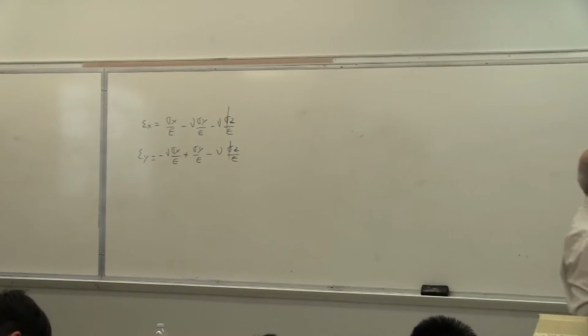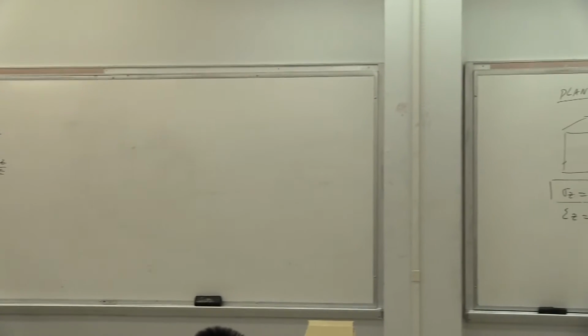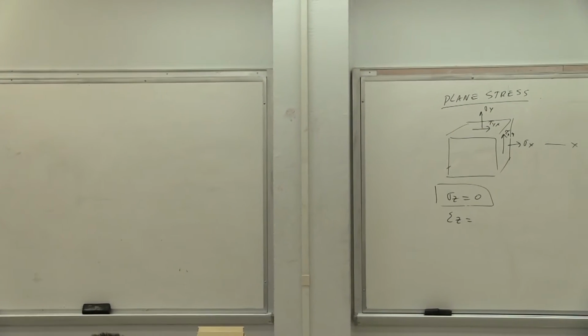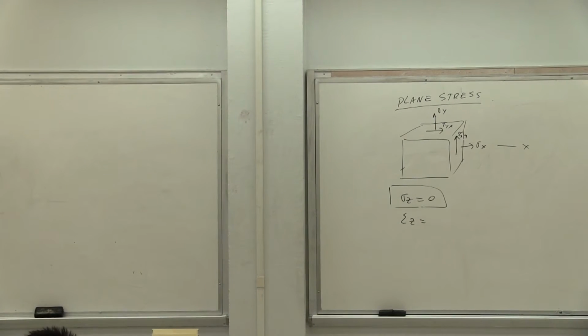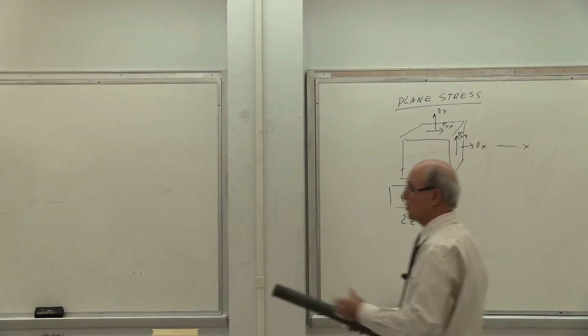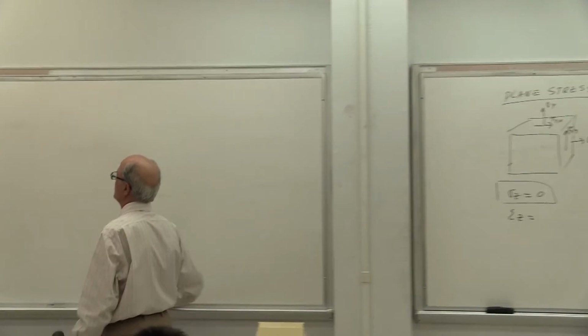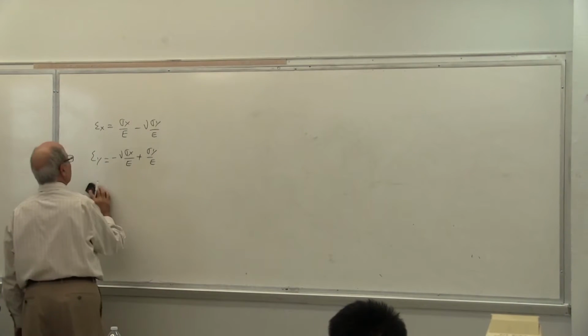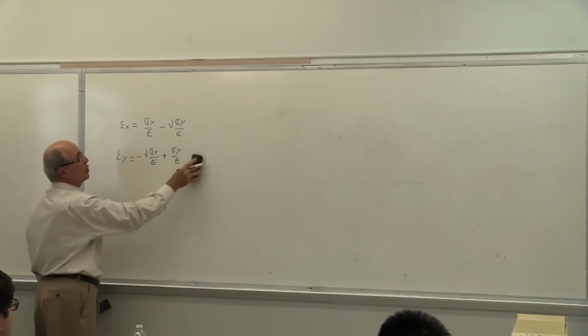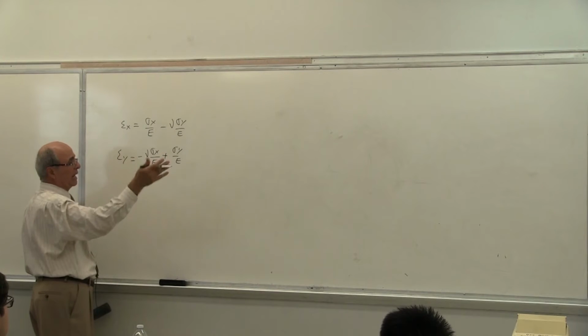Is that correct or not? Sigma z generally, not always, when I put it under the water, sigma z was not 0. Is that correct or not? Or if I put it in the sky, sigma z was not equal to 0. But generally for plane stress, which your problem falls into, this one is 0. Therefore, I don't even put the other sigma there. However, you can add that one.